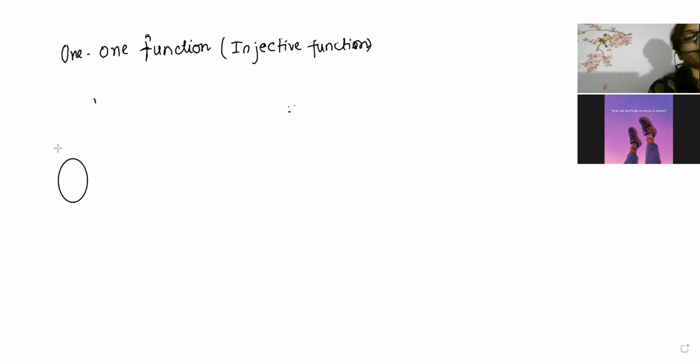Injective function. Okay, but an injective function is one function. The other name of an injective function is one-to-one function, that it is giving one-to-one correspondence. One-to-one correspondence means